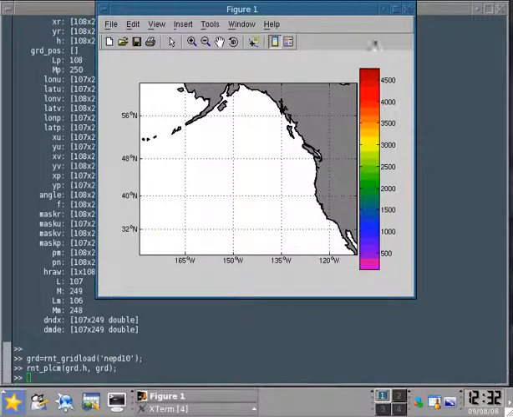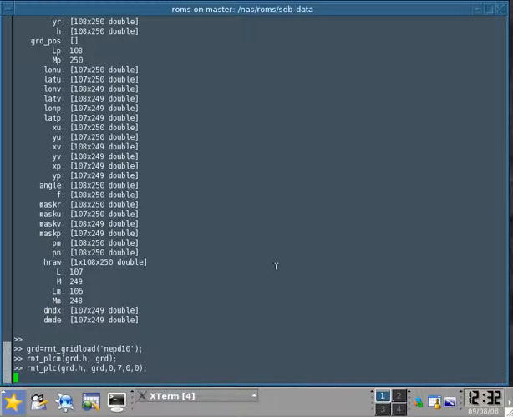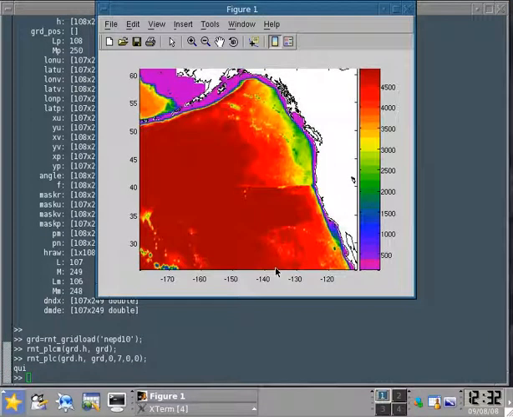Okay, oops, this doesn't work, sorry. Let me just plot the topography in a simple way here. Okay. So this particular grid here,